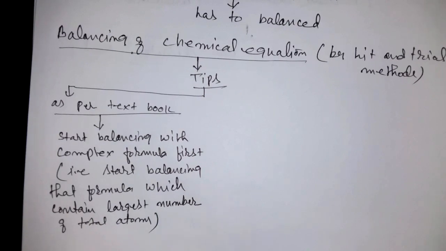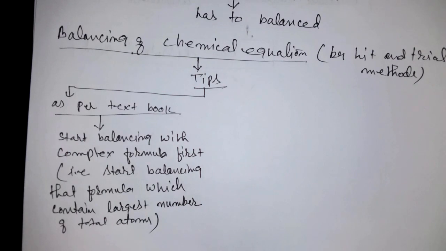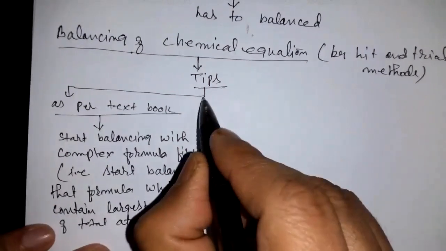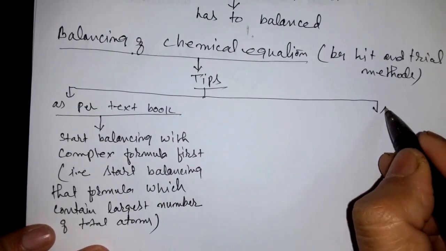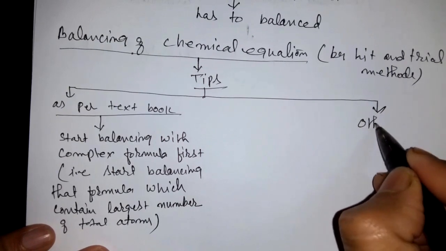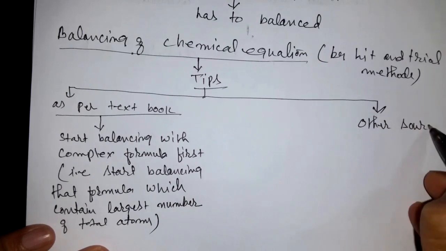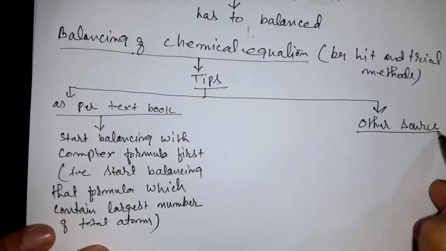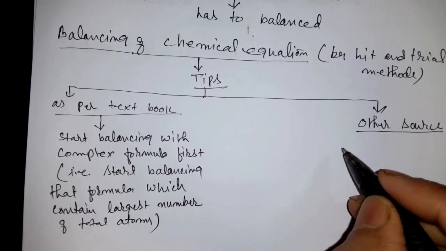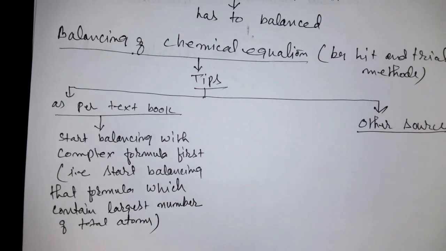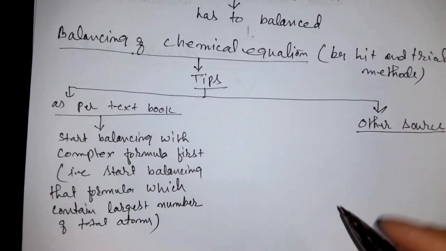This you will already be knowing, you can utilize this rule, but we'll be talking about a new rule. That new rule, if you like, you can remember, otherwise you can follow the textbook also. This new rule is from another source. In some textbooks this rule also is explained. In this other way of balancing, while balancing you have to follow some sequence. That means what to do first, which atom to balance first, which one second, which one third. That rule we are going to write.